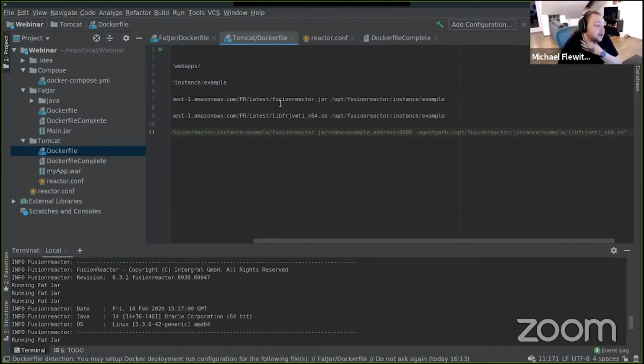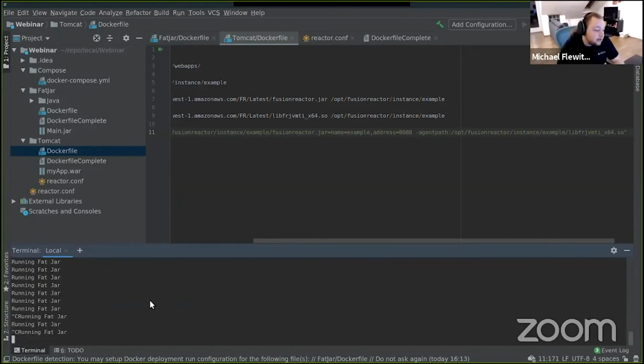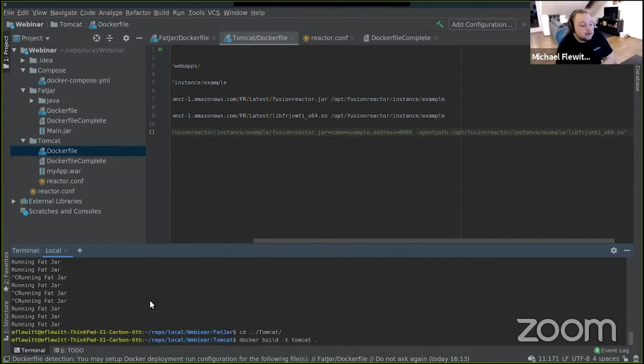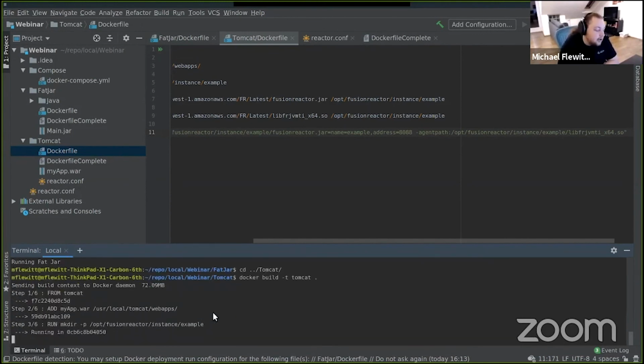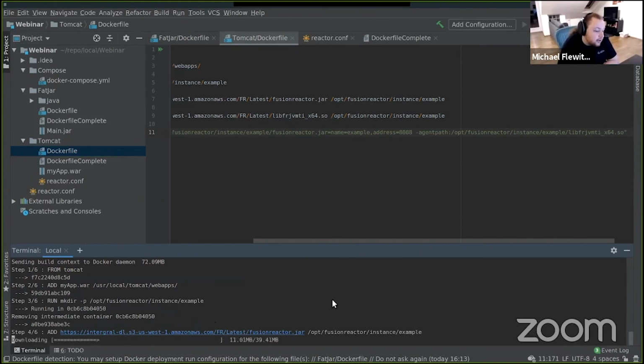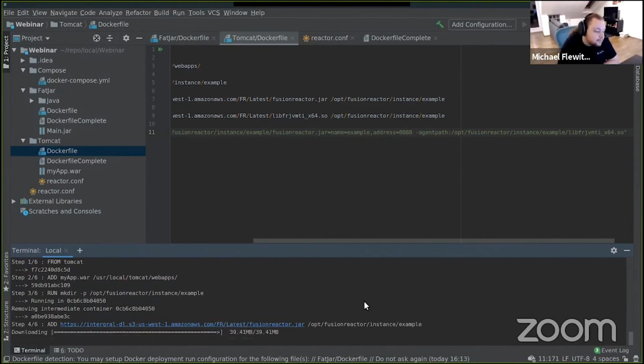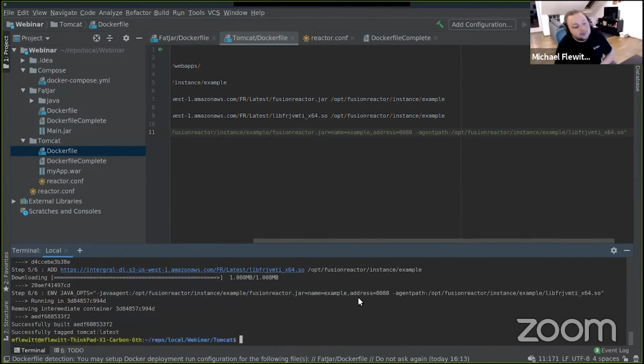And it's that simple for the Tomcat install. It's the same process as before. All we've done is change where we put the Java args. So if I stop my fatjar application, and then cd into the Tomcat directory. And then if I now build the Tomcat Docker file, you'll see again, it will make the directory and it will pull the files. And then when this is done, we should have our image. Okay. So now if we run our Tomcat image,